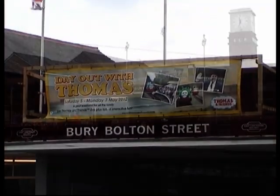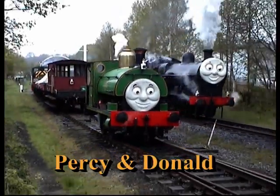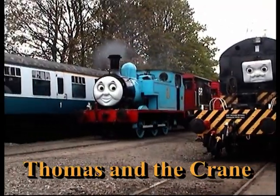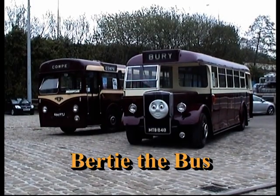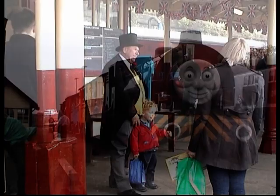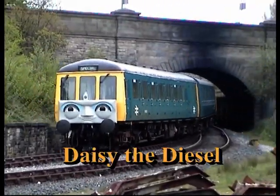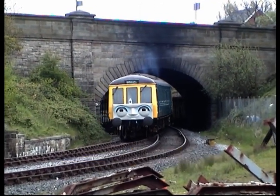Early May and it's time for a day out with Thomas and his friends. Chance to go up the line and see Percy and Donald, also to travel along Thomas's branch line and see the crane. Or head over the road and see Bertie the bus. Down the branch line, Sapper helps Thomas and Sir Topham Hatt. And Daisy the Diesel will be one of our DMUs that has brought a lot of the people down here